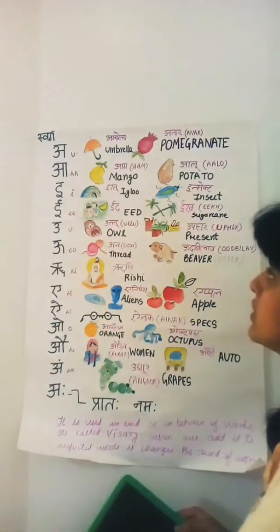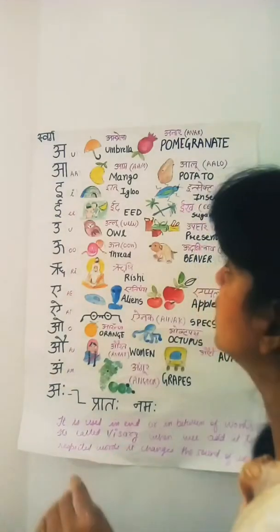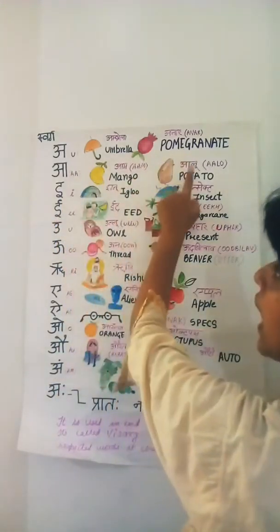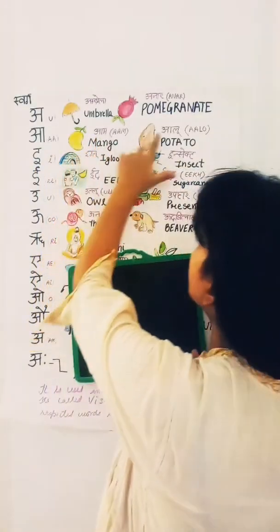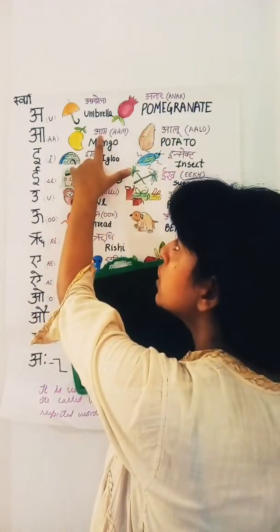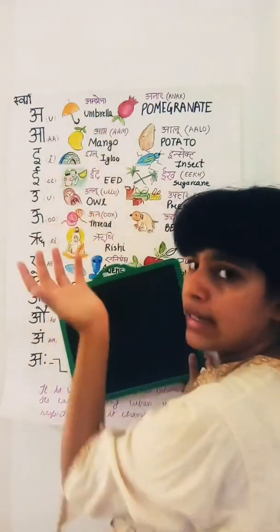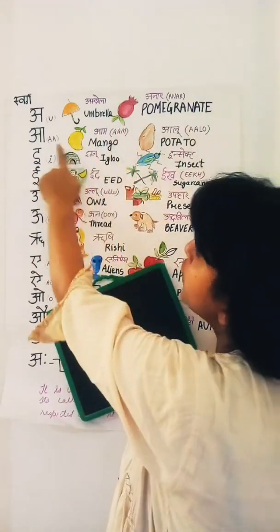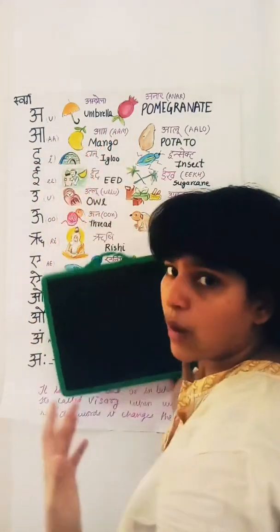And then we start with another letter, A. A for arm. A for aloo. Aam is called mango in English and aloo is called potato in English. So this is the Hindi version of the word and this is the English version, for you to understand. Aloo. So when you combine double A with M, you get that sound.